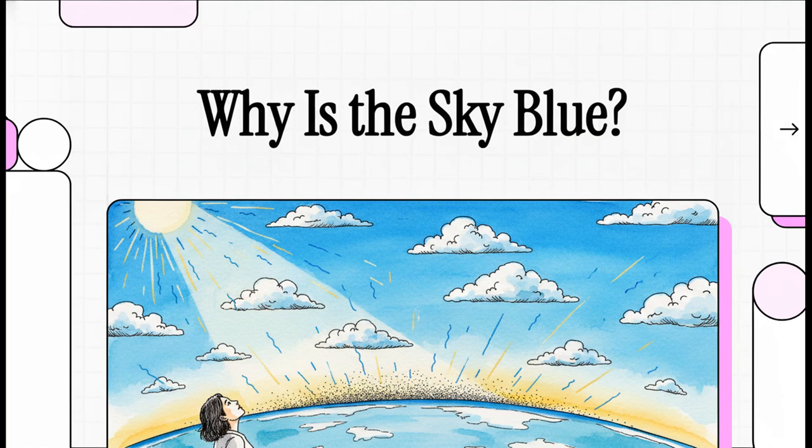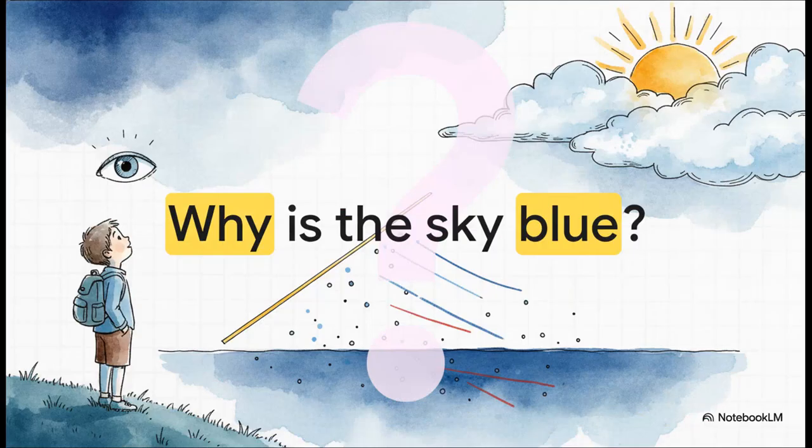Why is the sky blue? We're jumping right into it today. You look up on a clear afternoon and you just see this brilliant, endless blue canvas stretching out forever. It's such an everyday thing, but in this explainer, we're going to dissect exactly how the sky actually gets that magnificent color. Have you ever just stood outside, looked straight up, and genuinely wondered to yourself, why is the sky